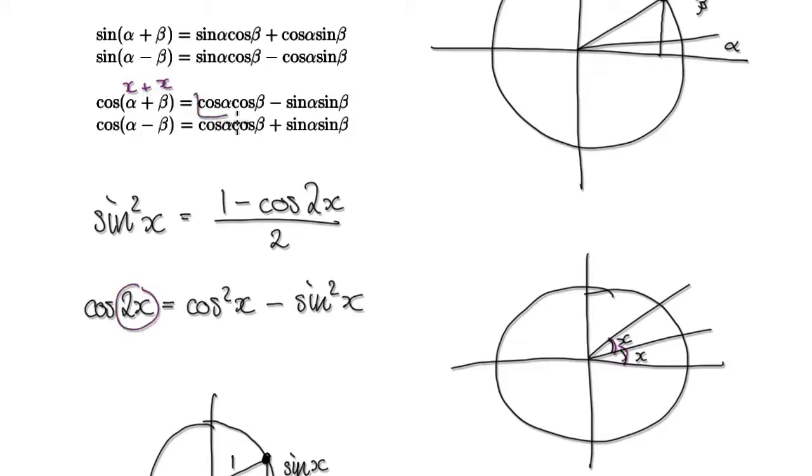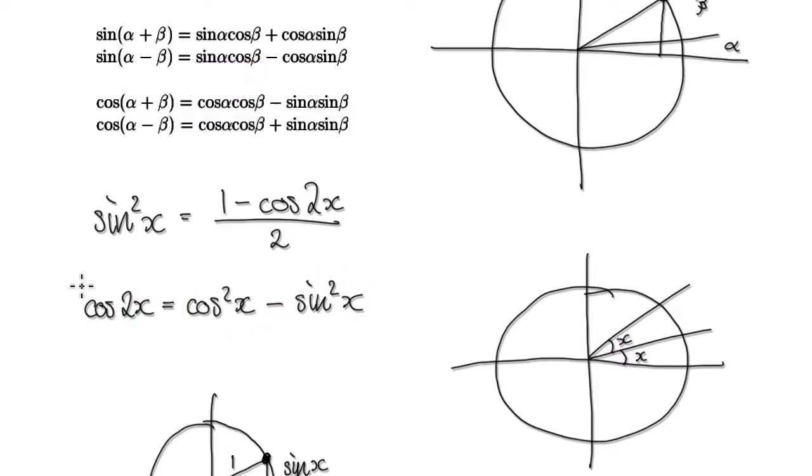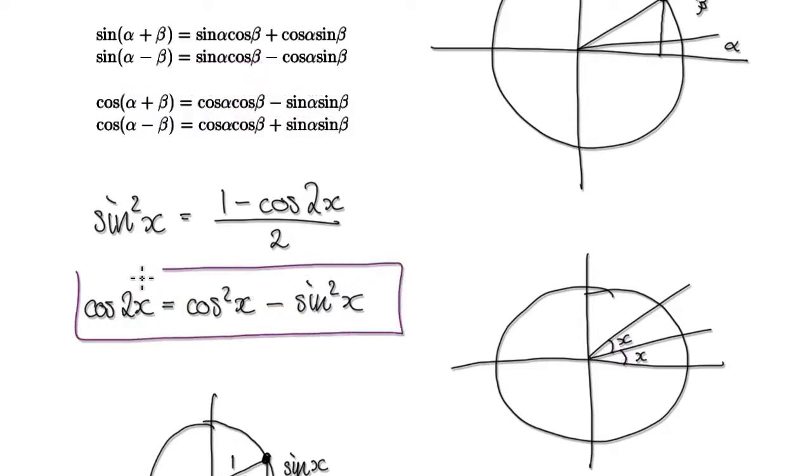would be the same as cos of x times, well, beta is also x, so that would be cos of x. So that means it's cos squared of x. And then you minus, and then this would be x, this would be x, meaning sine squared of x. So that would then take us to here. Okay, so to see why this equals this, we would make use of this. That would then take us to here, and then